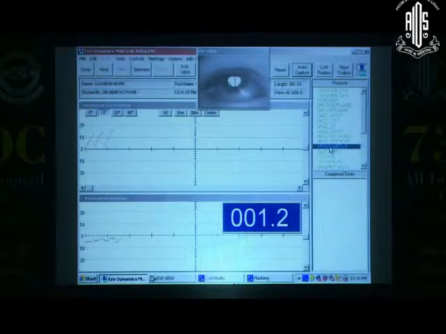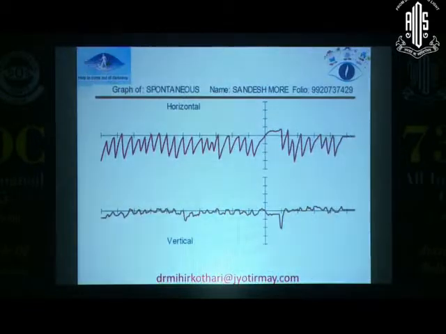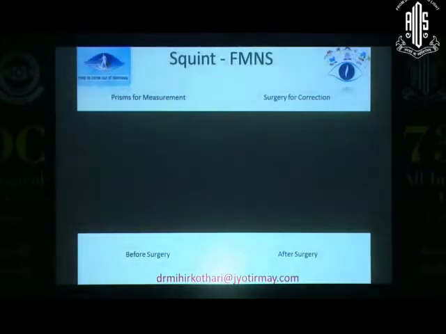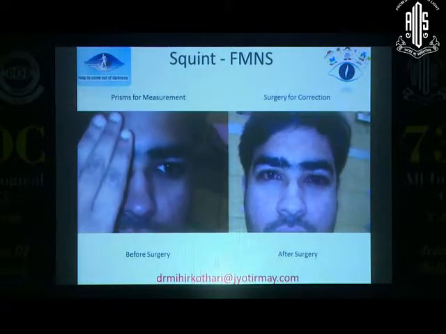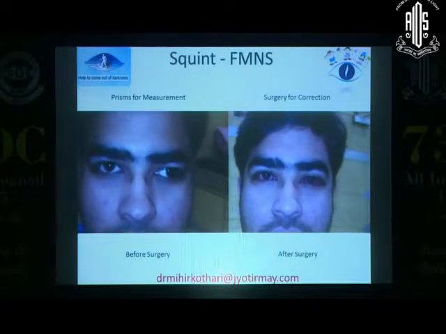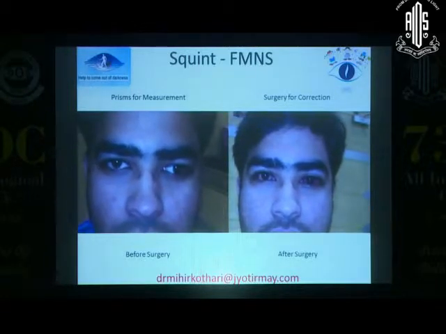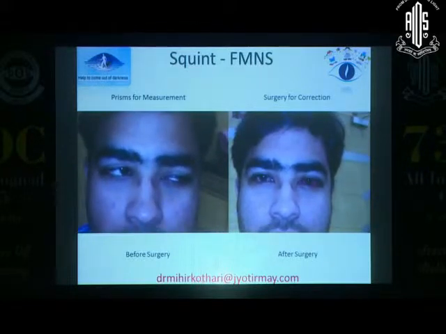This is the kind of eye movement recording that you will obtain in patients who have fusion maldevelopment nystagmus syndrome. This is called typical decelerating slow phases with a saccadic correction, as you see over here. This is a patient who has an exotropia. Unless a patient with strabismus is proved otherwise to have infantile nystagmus syndrome, around 80% of patients who have strabismus, you can consider them as actually having fusion maldevelopment nystagmus syndrome. And when you do an eye movement recording, that is what you will get.